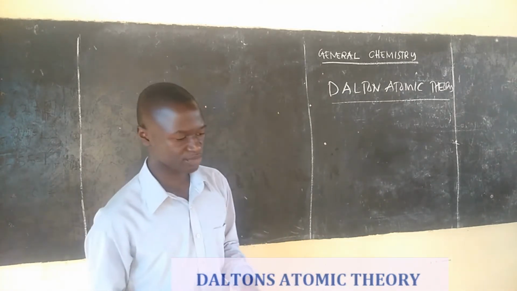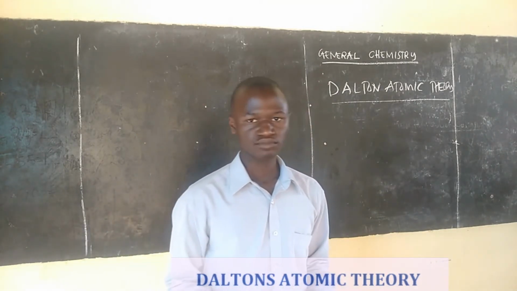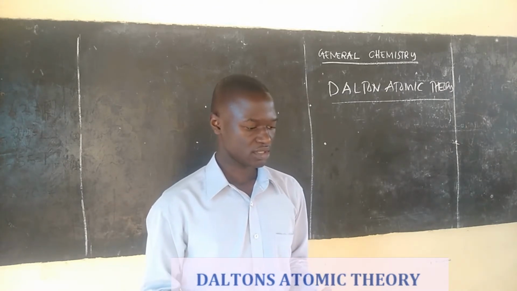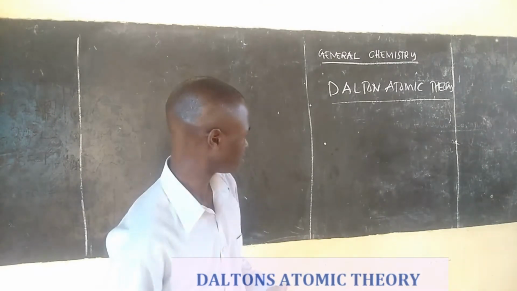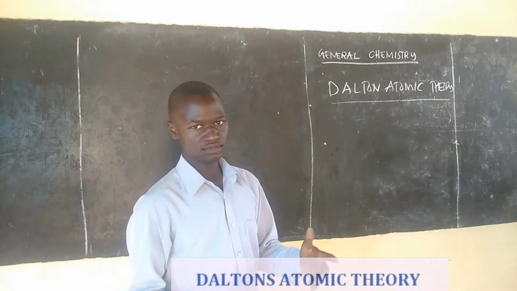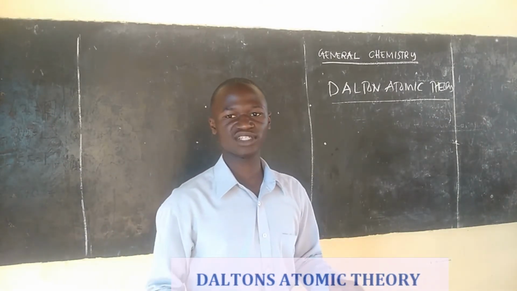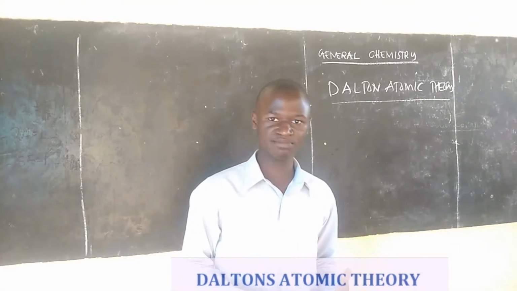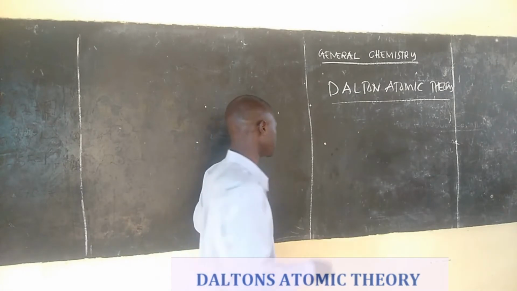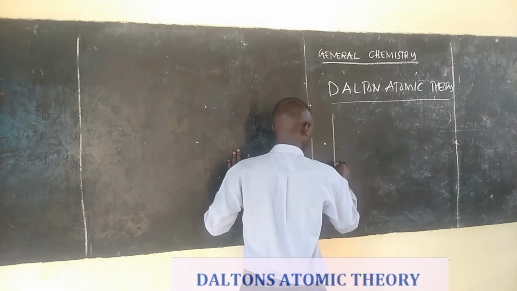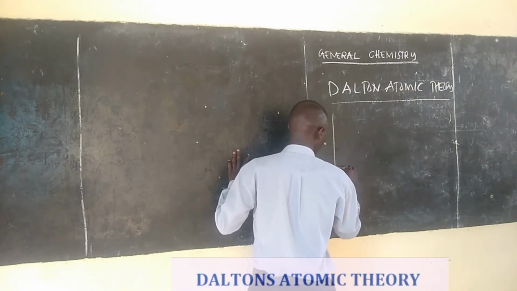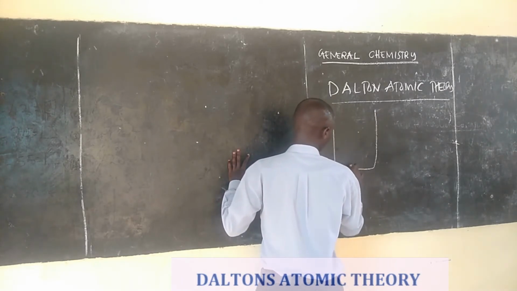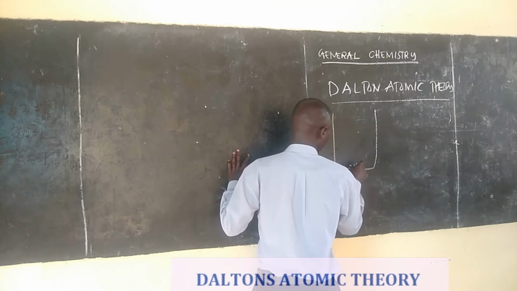What was observed is that if you take a colored crystal of any substance, more especially you can take colored crystals of salt, let's say it is copper(II) sulfate, which is blue in color. Then after that, take your glass or even your beaker. After taking your beaker, you may choose to put the crystals first and then add water.